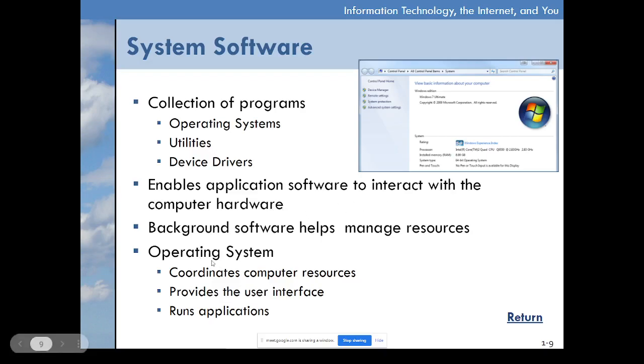We have the operating system, which coordinates computer resources, provides the user interface, and runs applications. Examples of operating system are Windows 7, Windows XP, and so on. It helps to run applications. So without the operating system, again, you cannot use the application. Examples of computer resources, maybe the best example is the hardware: the camera, printer, and so on. And it provides the user interface. What is user interface? Anything that you can see in your computer monitor,